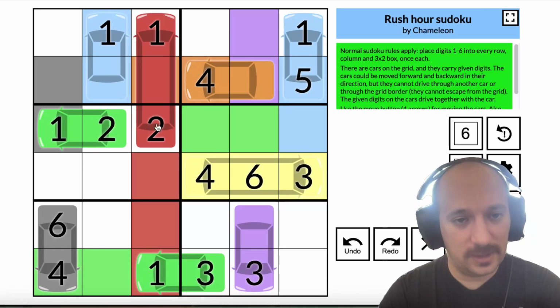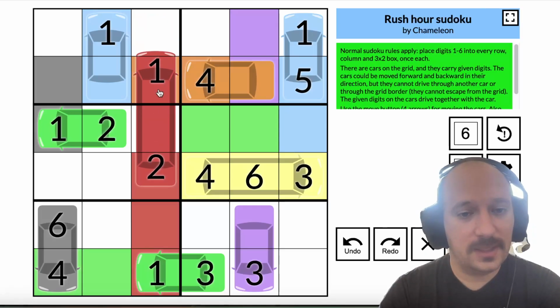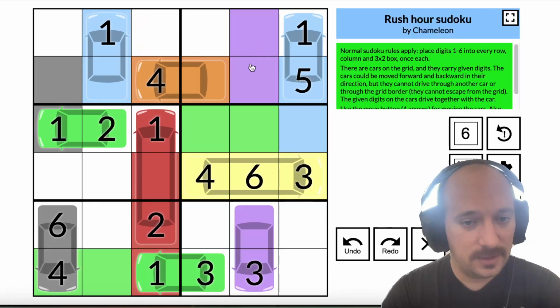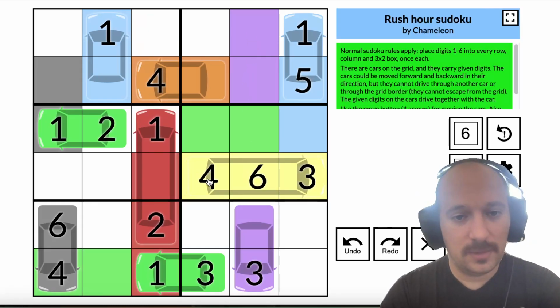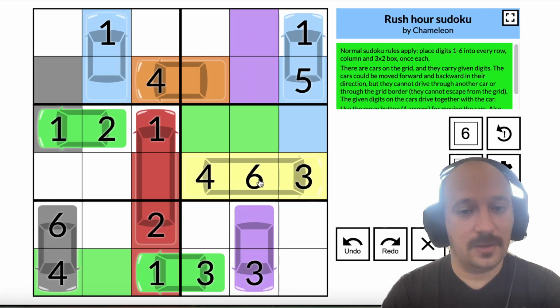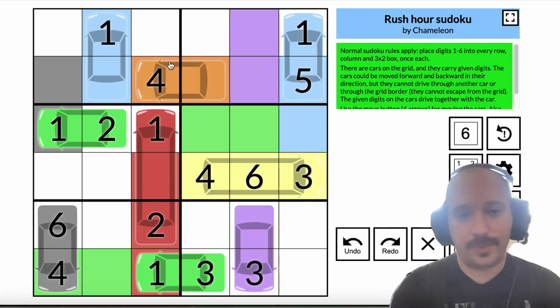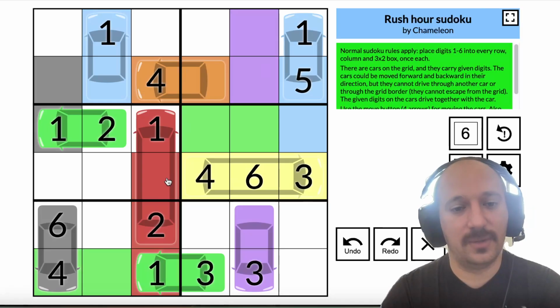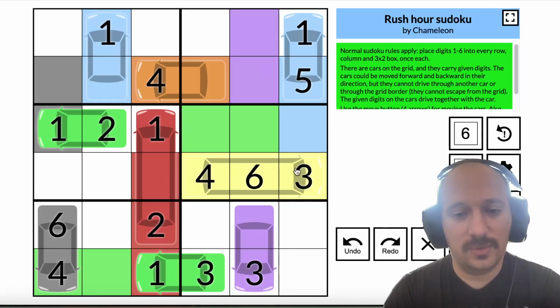And we still need to move the red out of the way to move the orange. This one we achieved, but now the yellow is in the way. So we know if we just move everything back to the place, we get to the initial problem and we didn't achieve anything. So in order to move